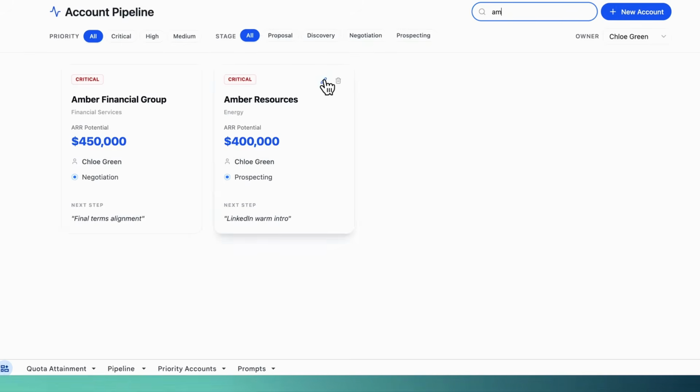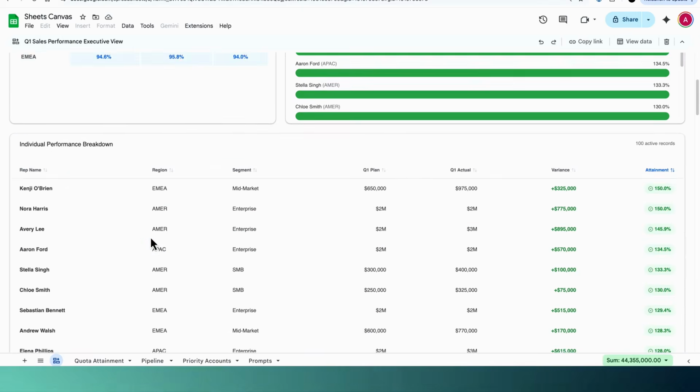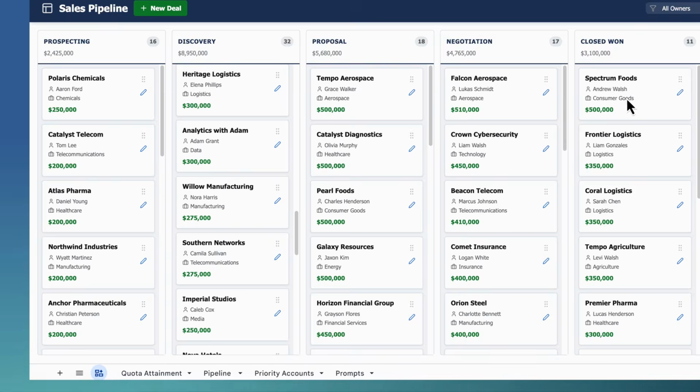Google just shipped a feature within Sheets called Google Sheets Canvas. This allows you to build interactive apps directly in your Sheets on your Sheets data. And with these apps, you can build things you were never able to build before in Google Sheets. Interactive dashboards that look like they came out of a dashboard development tool. And the beauty of this is this lives in Google Sheets on your own data, so there's no security hoops